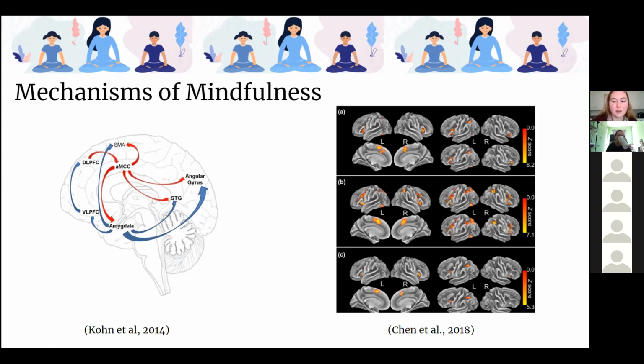The picture on the left is kind of interesting, showing the relationship between the red areas, where we're starting before emotional regulation, and then coming from the amygdala and going out, we have the response. So they have a theory about how certain areas are working to send information before we receive emotional stimuli, and then there's other areas that are responding more to emotional stimuli. In the picture on the right, the top section, letter A, shows the areas of the brain that are activated during emotional interference. That's like seeing a picture of someone who's sad, but then the words say that they're happy.